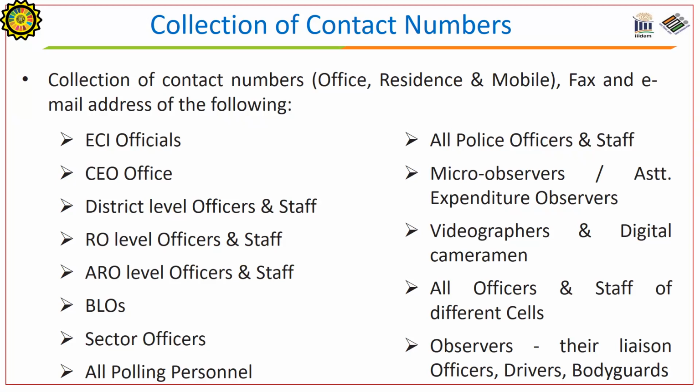Collection of contact numbers. Collection of contact numbers, fax and email addresses of these officials: ECI officials, CEO officials, district level officers and staff, RO level officers and staff, ARO level officers and staff, BLOs, sector officers, all polling personnel, police officers, micro observers, assistant expenditure observers, videographers and digital cameramen, all officers and staff of the different cells, observers, their liaison officers,